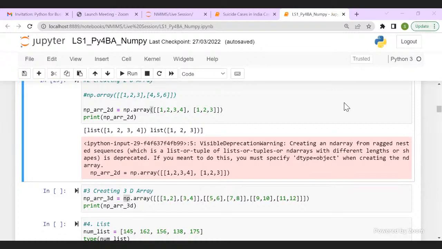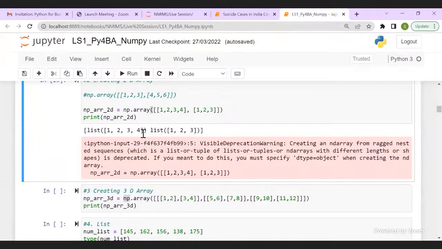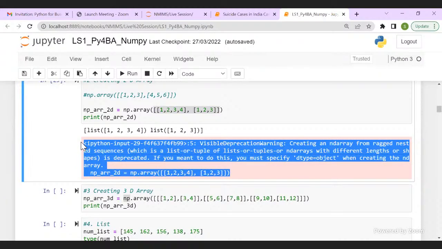Because you see, I'm getting here a visible deprecation warning. Deprecation warning means that in the previous versions of Numpy, I can create such kind of arrays with different number of columns. But with the newer version of Numpy, I'm not able to create this kind of array. This thing has been deprecated.